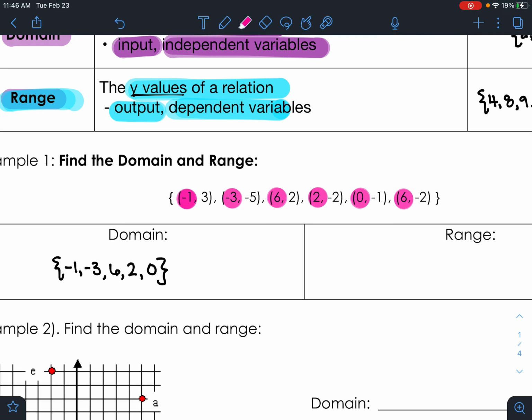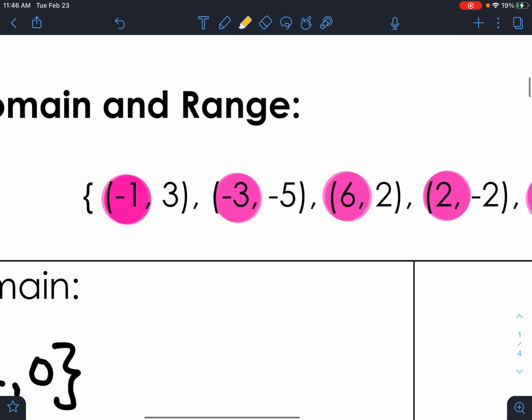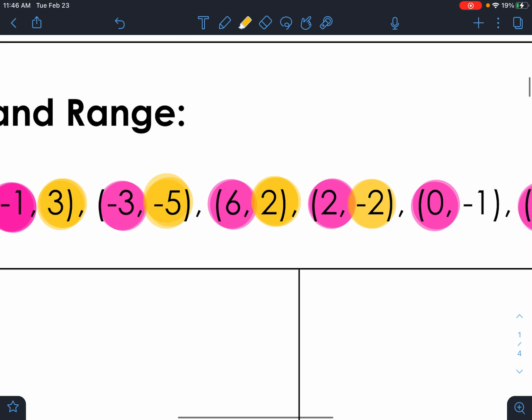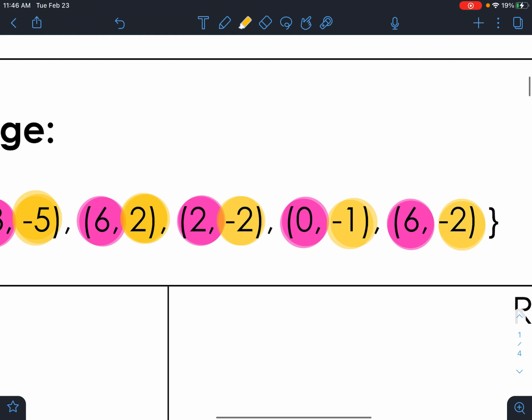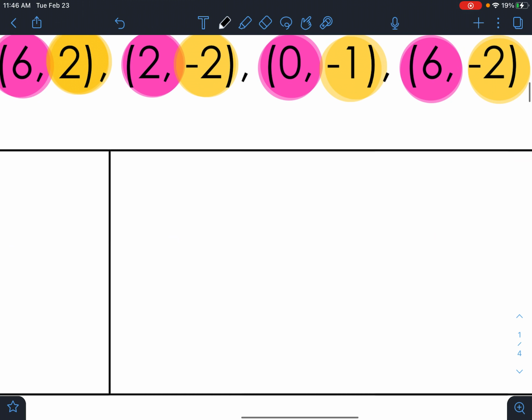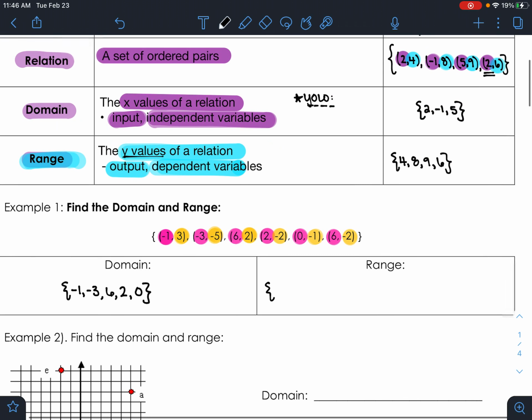Okay? Now let's go ahead and list out the domain. So I'm going to list out my y values. So I have 3, -5, 2, -2, -1, and then another -2. Okay, so one more time, we're just going to list out our y values, and we only list them out